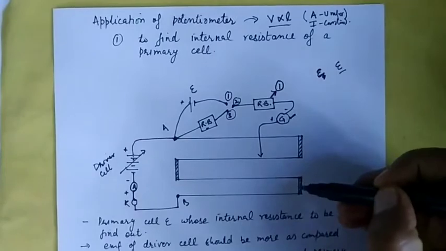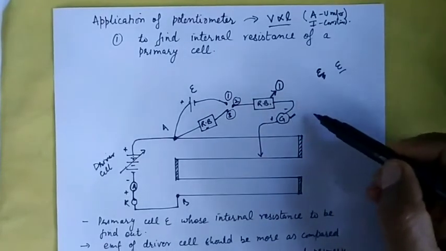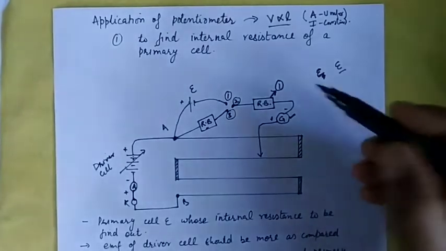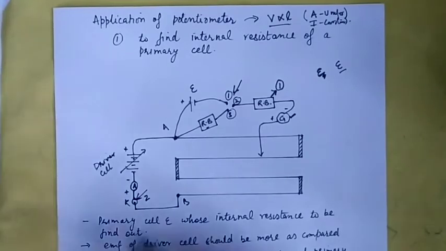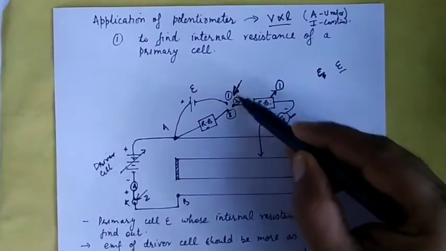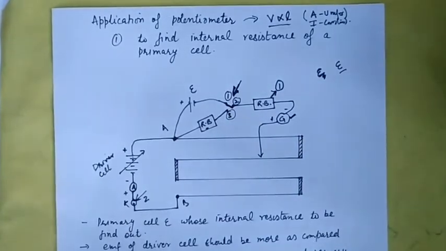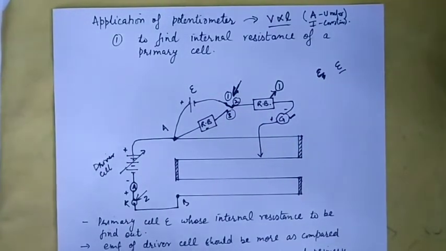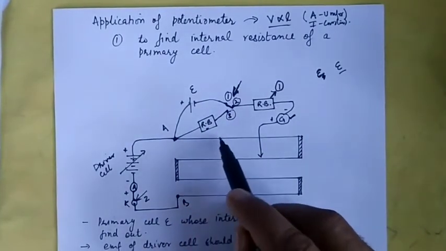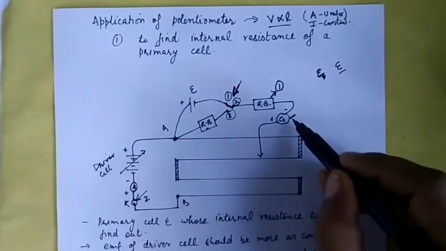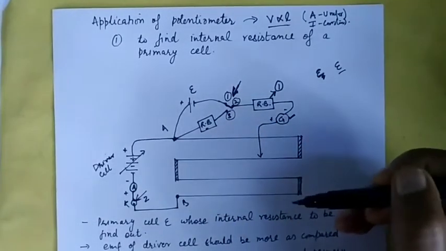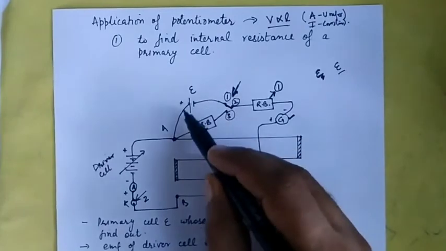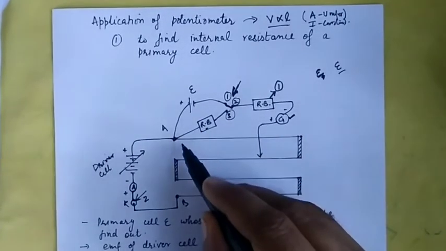First of all, we remove the high resistance key from the resistance box which is attached to the galvanometer. Then we close the main key, and then we close the key between 1 and 2. Now this resistance box is out of context. So again, move the jockey over the wire so that the galvanometer shows zero deflection. This means this section doesn't have any current. So I take this length as